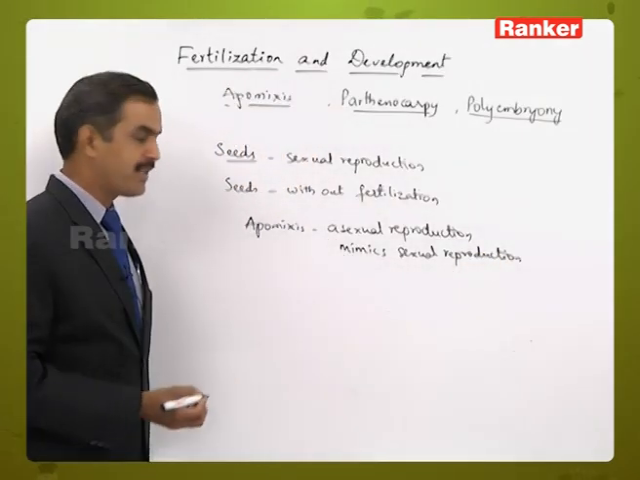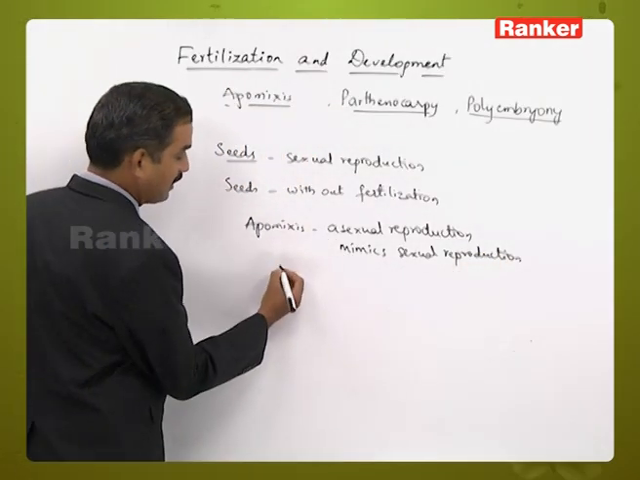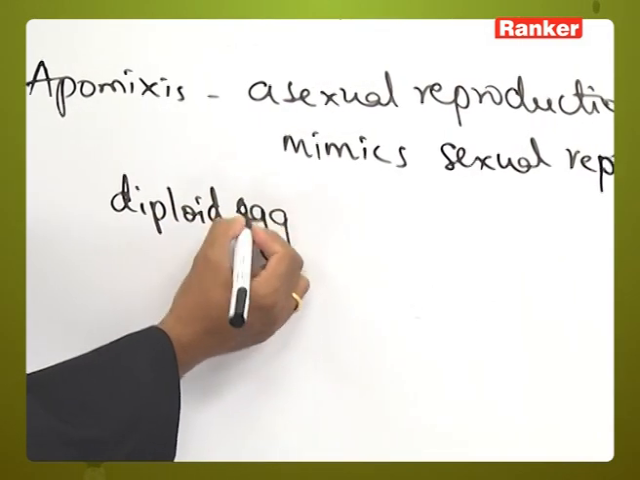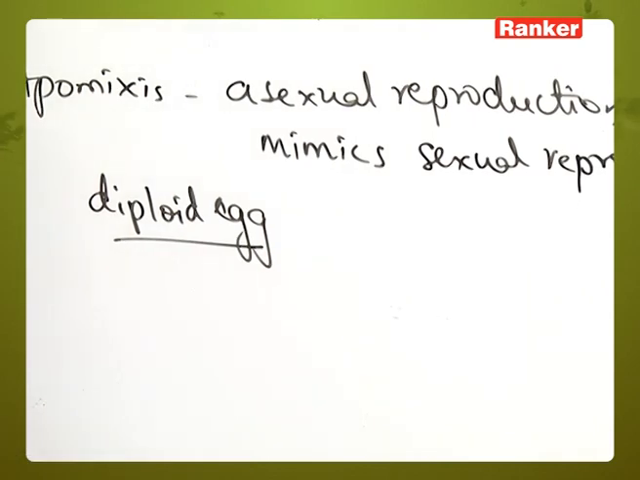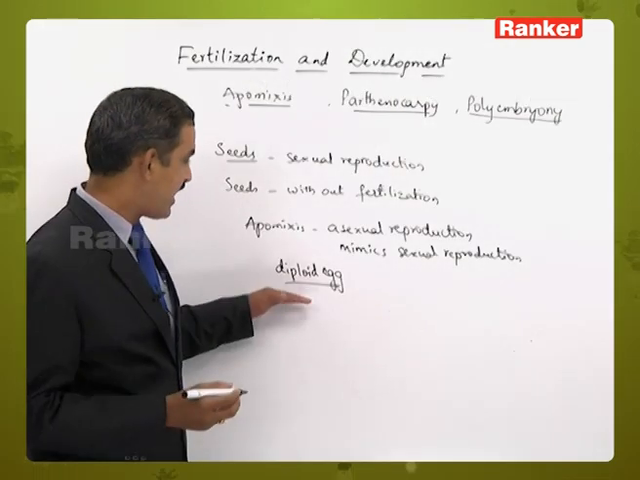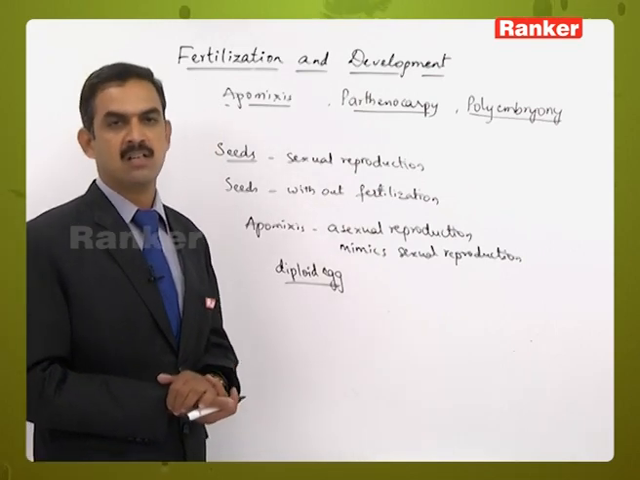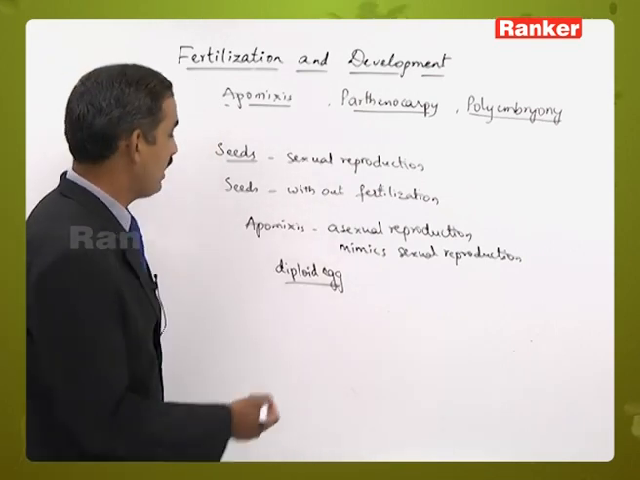So how are the apomictic seeds produced? Sometimes the diploid egg cell will be converted into seeds. So that is the way how the seeds which are formed by apomixis contain a diploid set of chromosomes. And